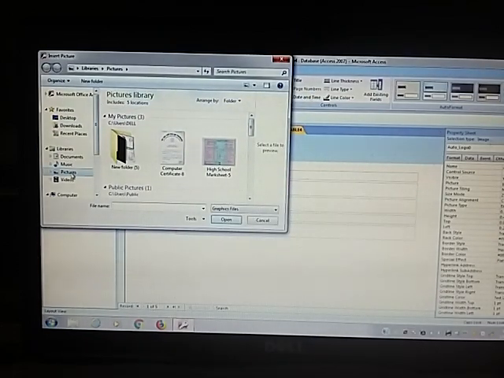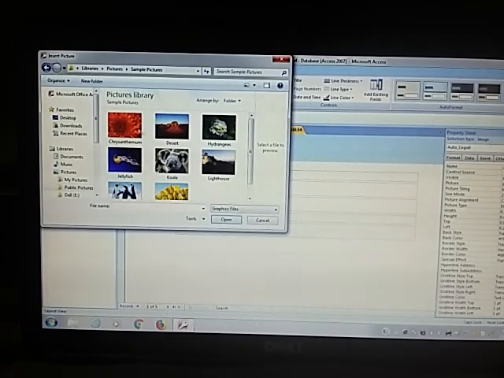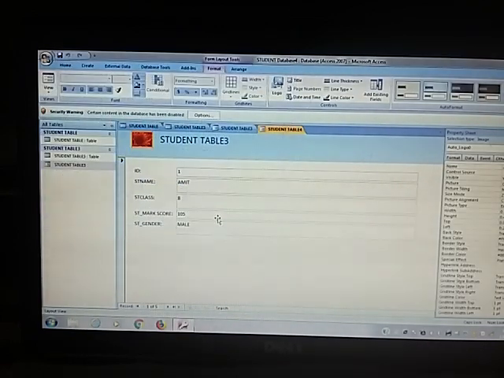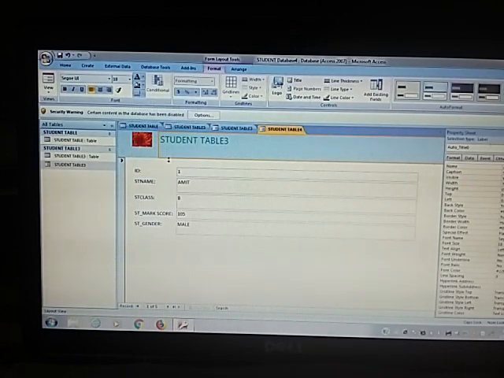For example, if you want to change the logo, then click on the sample picture, choose the logo and click on the OK button. So you can add a logo in your form, and change the appearance of the form also. Suppose the title, you can change the title of the form, and the date. If you want to add a date and time, then you can use the date and time, or in a different color. Then click on the particular form like this. So that is the preview of the form.